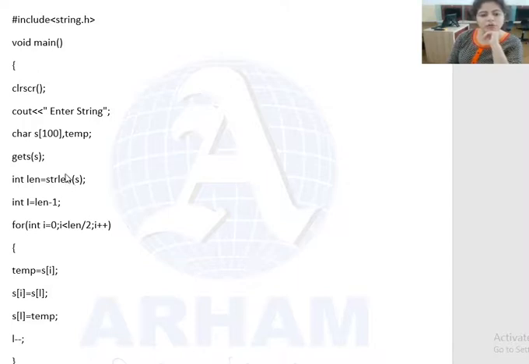Now transfer the value of the string length into the integer length. So length is a variable which contains the length of the string. The next line is int L = length - 1. Let's start from the end of the string. We have to replace the first character with the last character, and the second character with the second last character. Suppose we are at the 6th location.